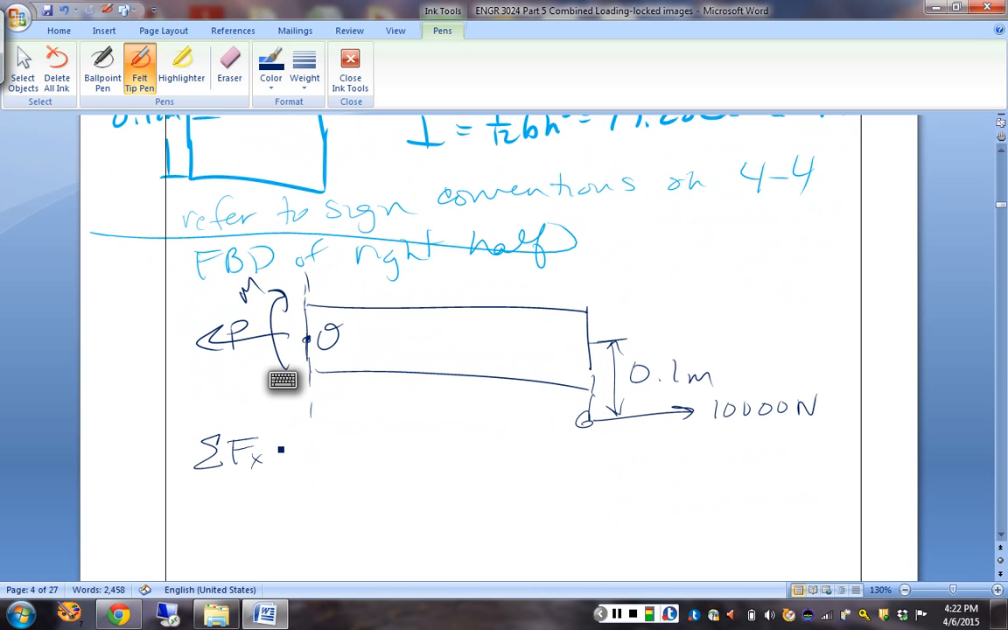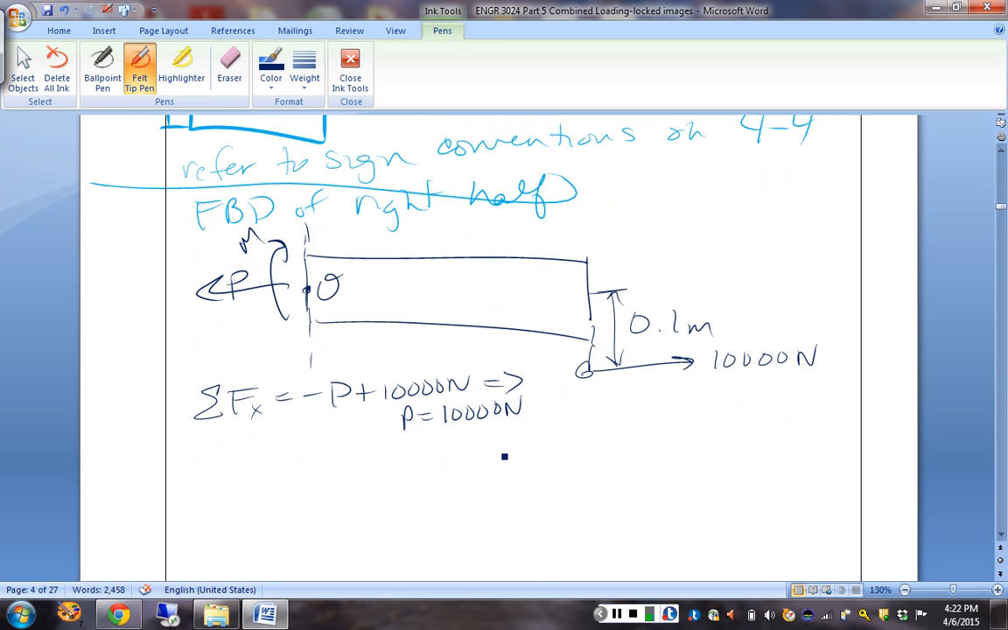Sum of the forces in X: minus P plus 10,000. We have a 10,000 Newton axial load, which you can see is going to cause this thing to be in tension. Okay. And then we sum our moments about our reference point O. And for that,